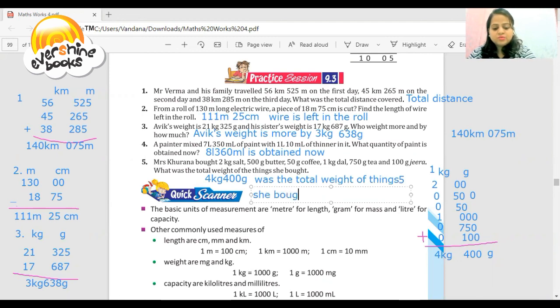Okay. And students, now this chapter is fully completed and it's a very important and very interesting chapter. So do it in your notebook and follow the format and follow the rules, follow the formulas. You have to learn the formulas also. And then we will start our new chapter in our next class.